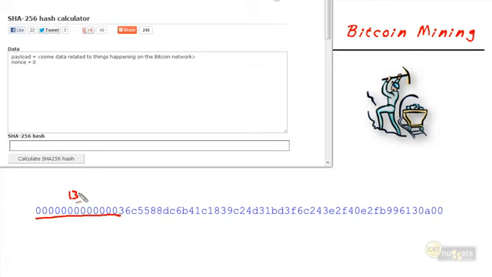And that requirement will change based on how fast blocks are being solved. But at the moment, this is actually a live hash from a block that was recently solved. Let's go ahead and say that the hash has to have 13 leading zeros. And it's not reversible, meaning the only way we're going to find a hash with 13 leading zeros based on the current block is by brute force.